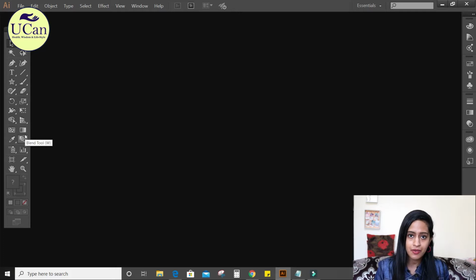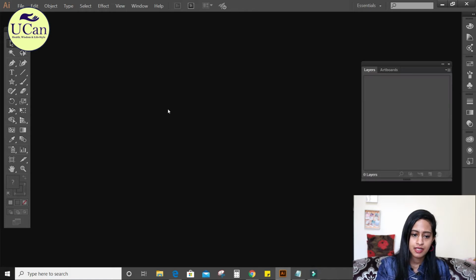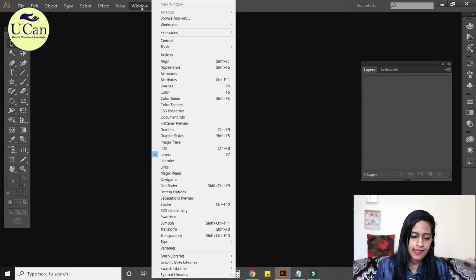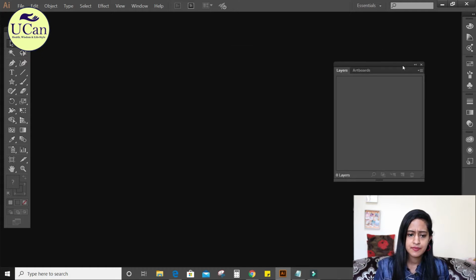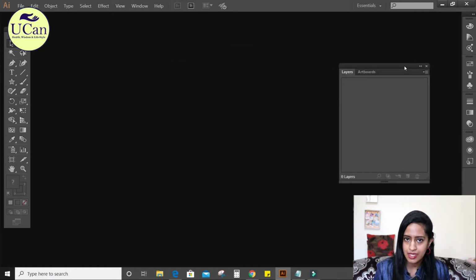This is the first main bar, which is very important if you are planning to design an artwork. The second bar which you have to see if it's open is your layer bar. F7 is the shortcut. Once you click F7, or you can go to Window and click Layers. See, it's already open. You will get a bar like this, which is currently empty because you have not opened a new canvas or anything.